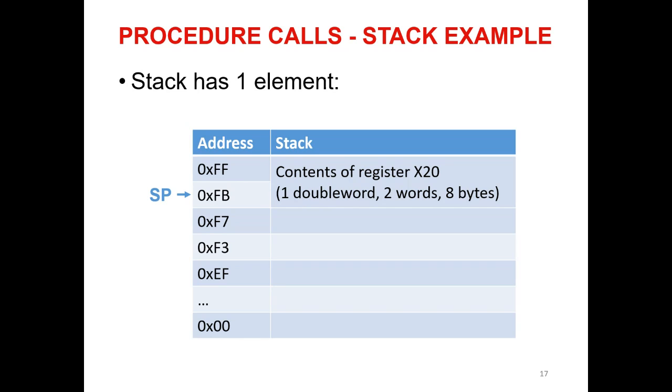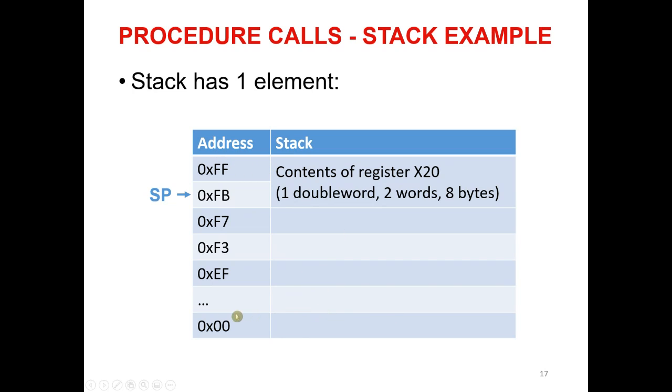Someone is asking, is it just addresses that get stored on the stack? No. The addresses are just for accessing places in the stack. If your stack is empty, you only have addresses to access every place.